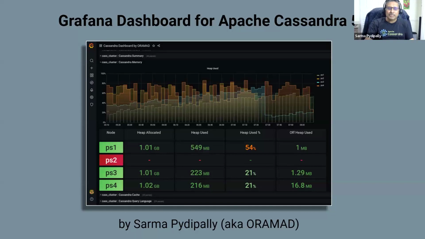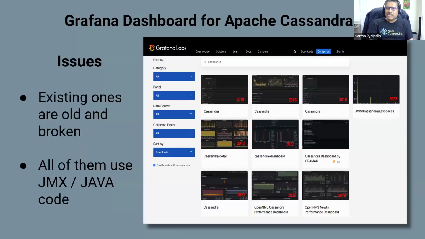Let's just jump into today's topic. When you run any size cluster, small or big, you need to have observability. And with open source, we have nice tools like Grafana and Prometheus. So the idea was to just use open source tools because we are open source. We are doing a lot with Cassandra. So why not use open source tools to have observability?